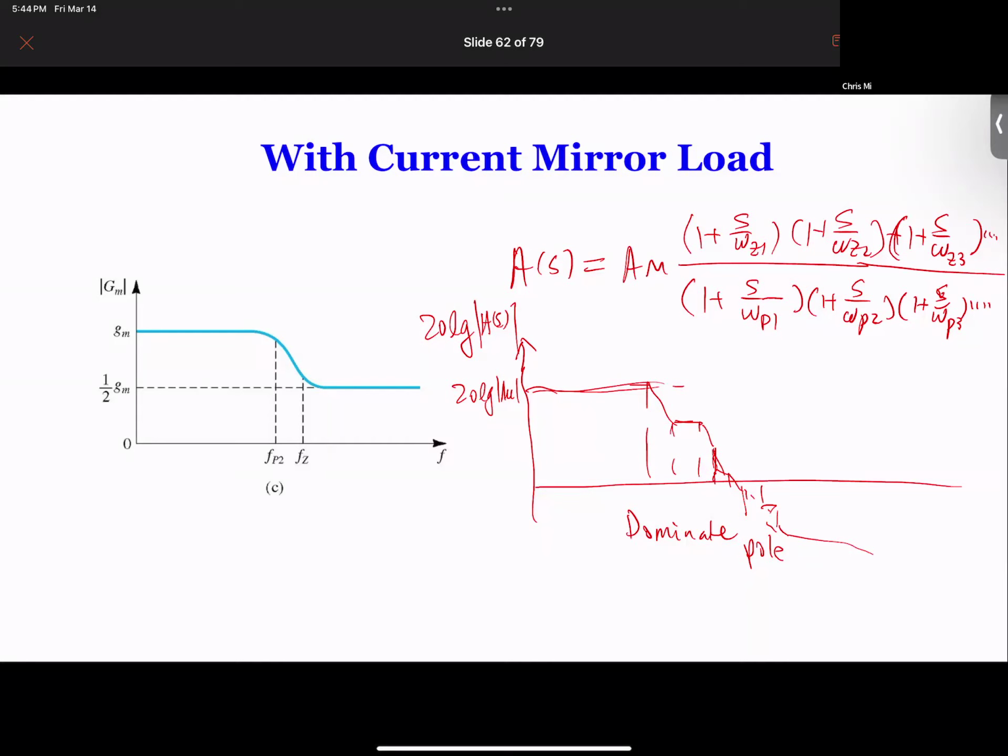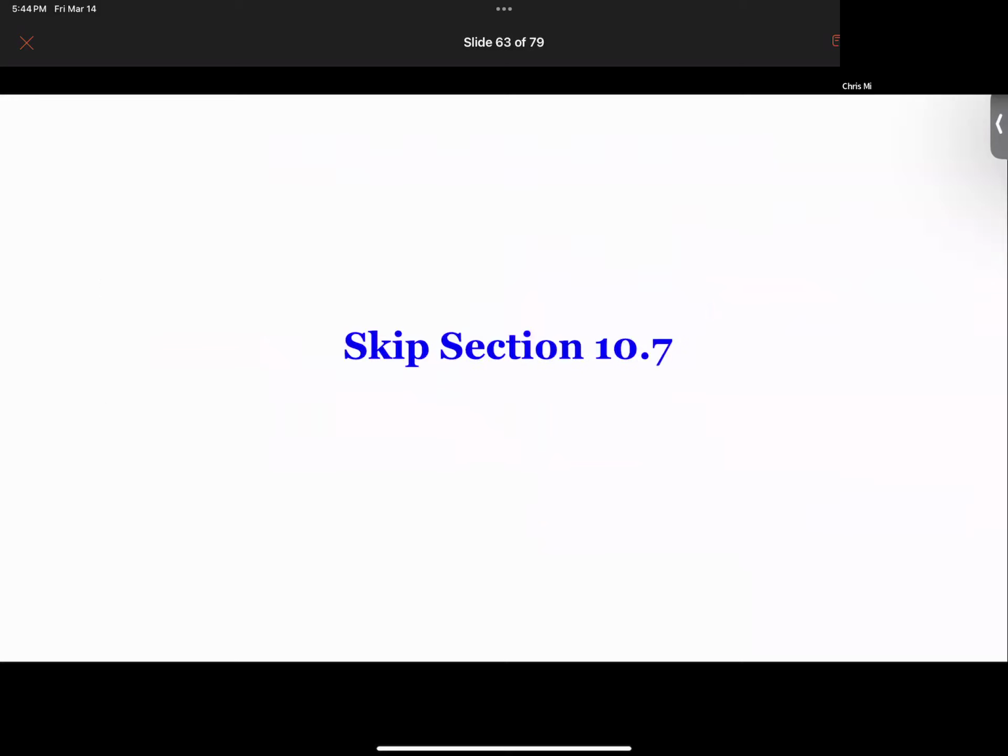So we will spend a little bit of time on this about 2 weeks from now. I think we have 2 lectures on feedback, and we'll talk about those. But for now, we understand the high frequency response. Then next week, we're going to spend time